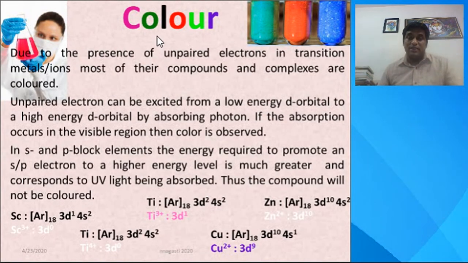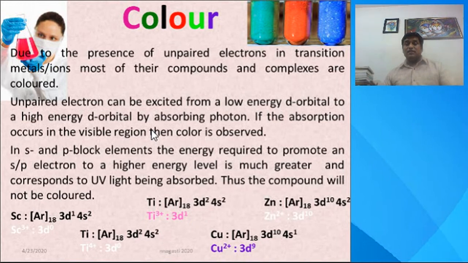Very important property, color of transition metal ions and their compounds. Where from? What is responsible for this color in these compounds, in these metal ions? It is the presence of unpaired electrons in transition metals or ions that makes their compounds and complexes colored. Because of the presence of unpaired electrons in these elements,